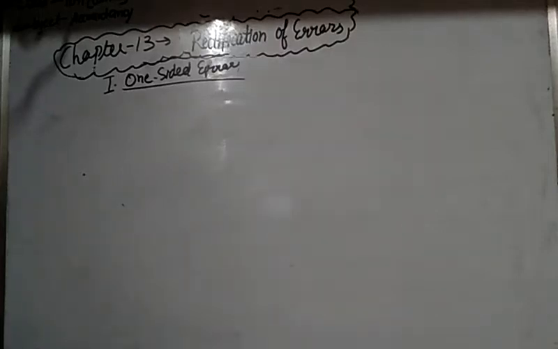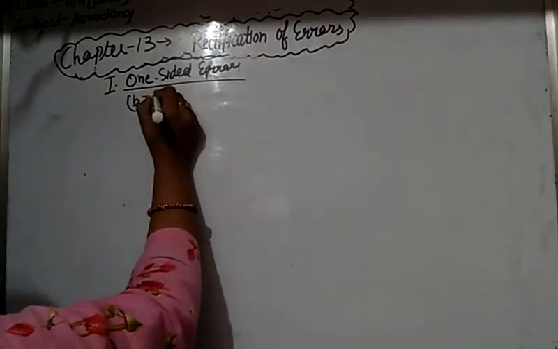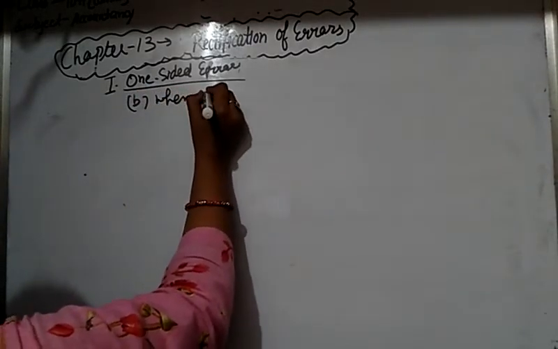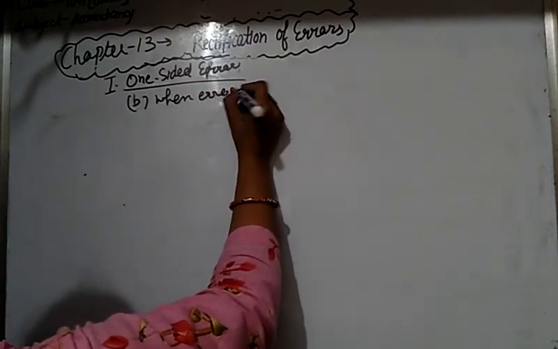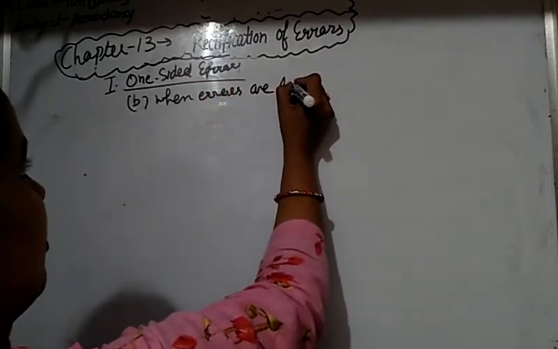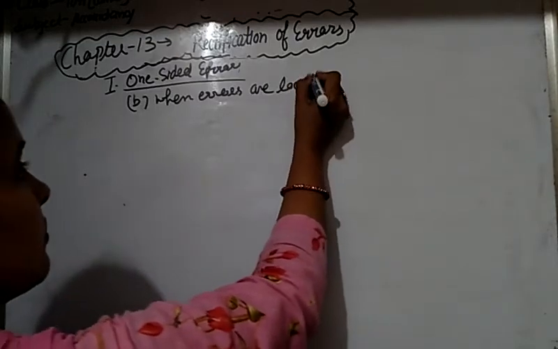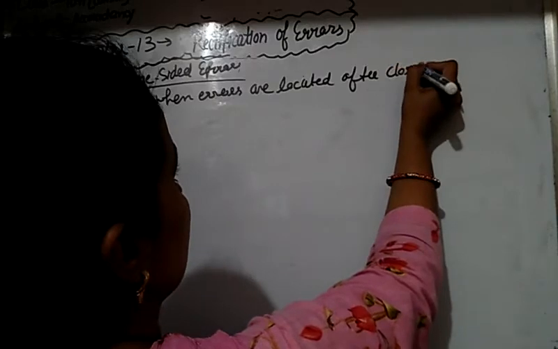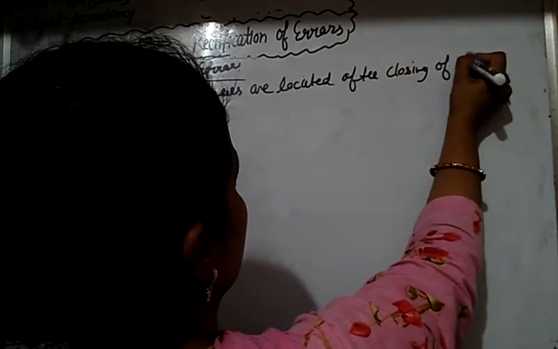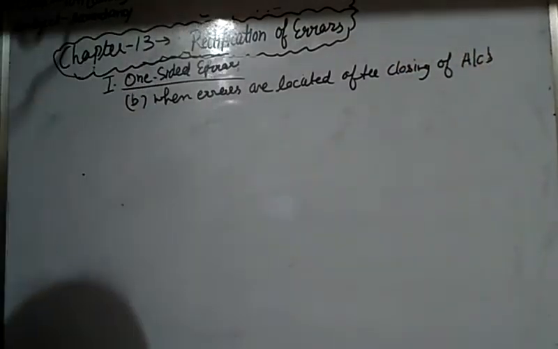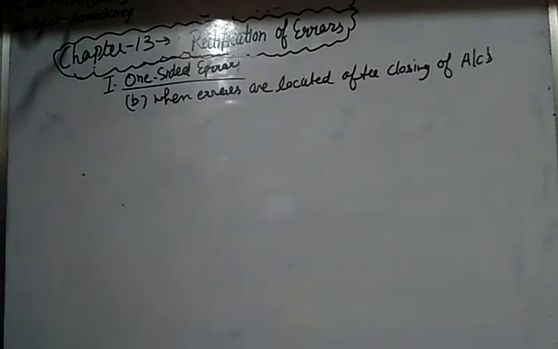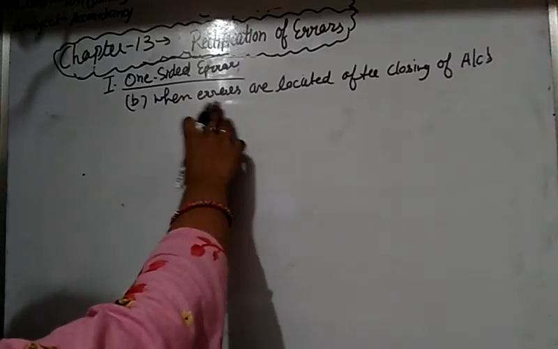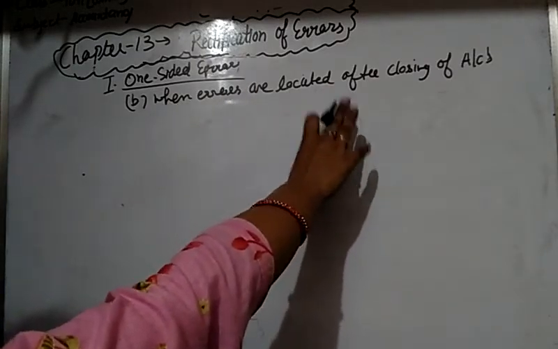Next case under one-sided error is case B, when errors are located after closing of account. So in this case, students, when one-sided errors are located and rectified after preparation of trial balance or after closing